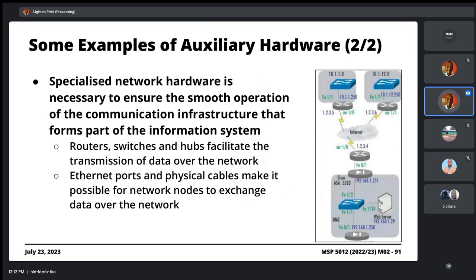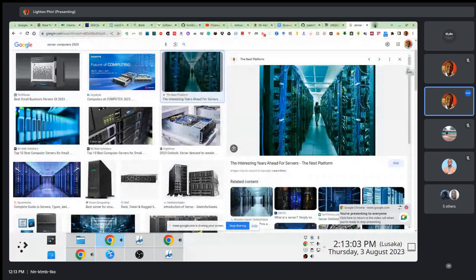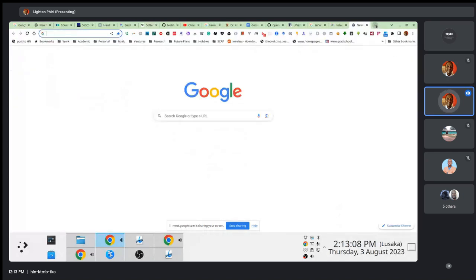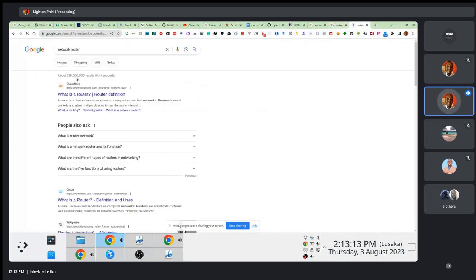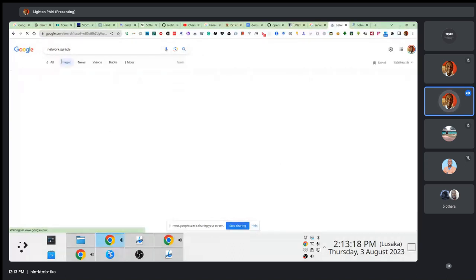Again, regarding the specialized pieces of hardware I was referring to, this image doesn't necessarily showcase exactly how these devices look, the so-called routers, switches, and hubs, or even modems, but this is just a logical representation of these things. In your own time, I encourage you, if you are not familiar with how a switch looks, to look up things like network switch or network router, so that you have an idea of how these hardware components actually look.